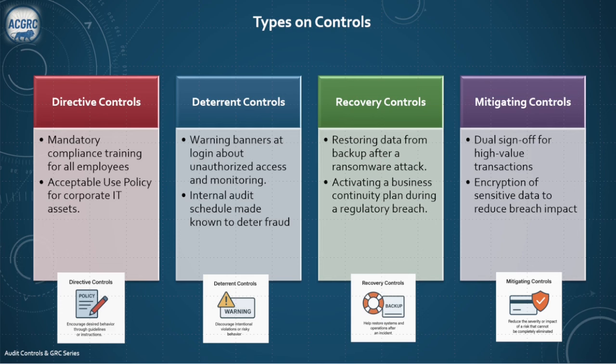Possible. But generally in operation, 4 controls are seen to be used frequently. Preventive control, which is designed to stop errors or fraud before they occur. Detective control, which is used to identify errors or anomalies after they have occurred. Corrective control addresses and rectifies issues once detected. And then the last, which is the directive control. These provide guidance and direction to ensure that processes are followed correctly. Do note, these controls work together to ensure processes function efficiently, reduce risk, and maintain compliance with internal and external